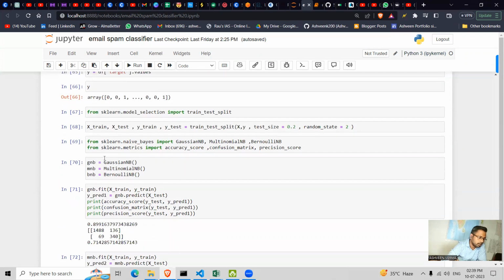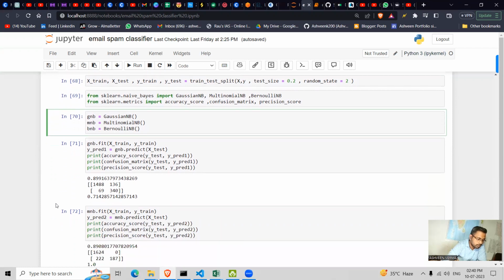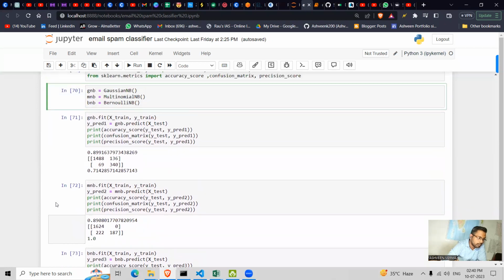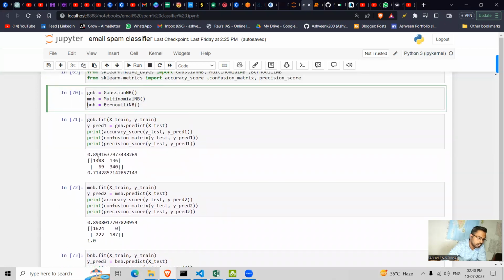After that I used Gaussian Naive Bayes, then Multinomial Naive Bayes, and then Bernoulli Naive Bayes, so that I can see which Naive Bayes function is performing well. After getting the results I have seen that the Multinomial Naive Bayes function is the best